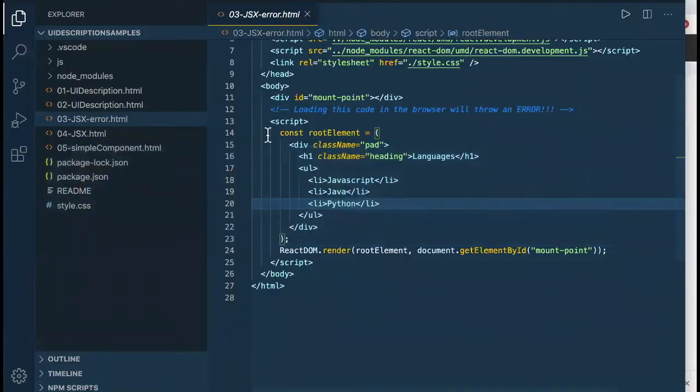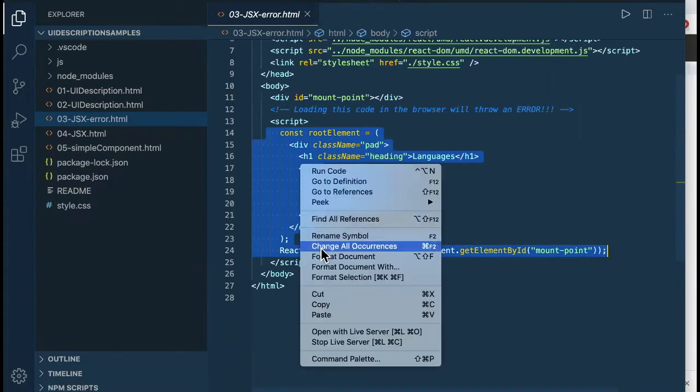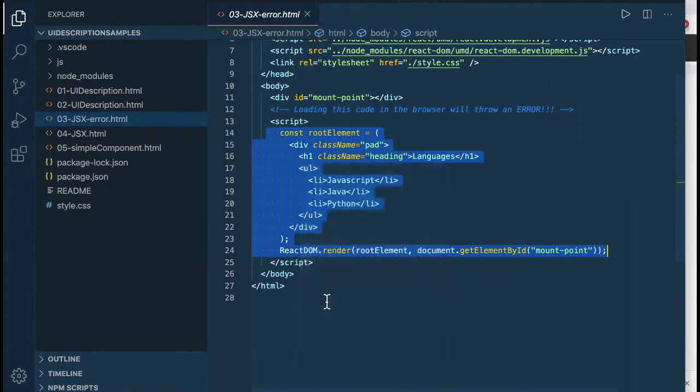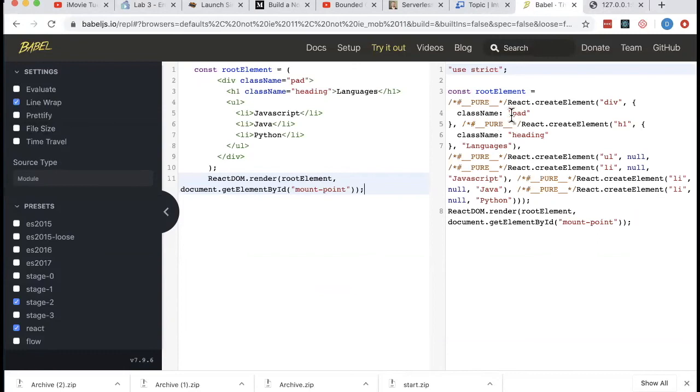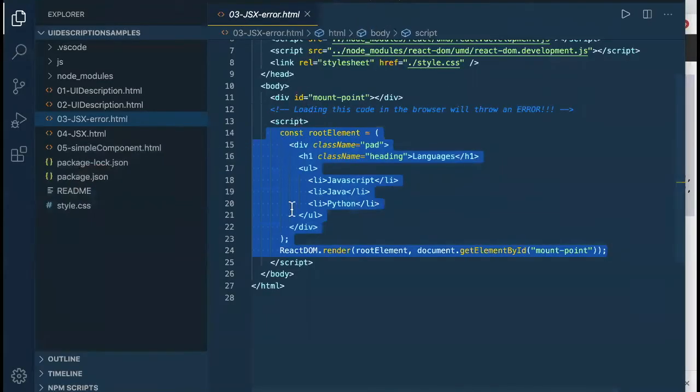So if I grab this piece of code, paste it in here. And here's the equivalent in what I call vanilla JavaScript. If you look closely at it, you see that it's using React.createElement in the way that we were earlier on. And so what you would do then is you would just take this code, and that's the code that you need to substitute in here. Now, of course, that kind of manual transpilation process doesn't really scale, but